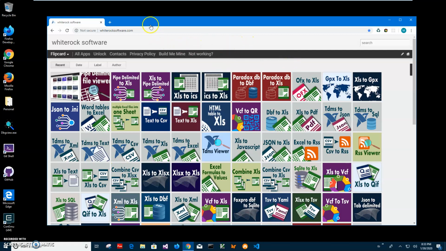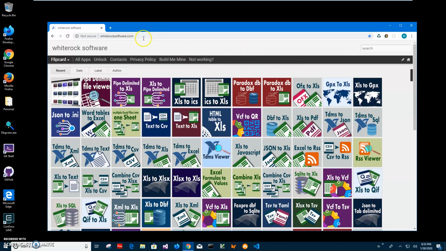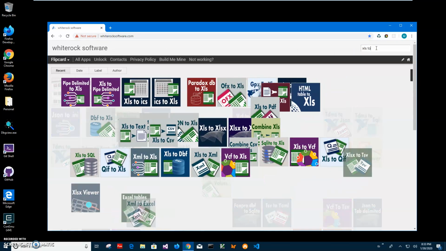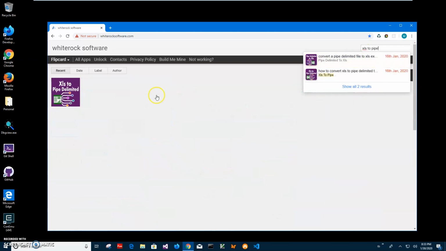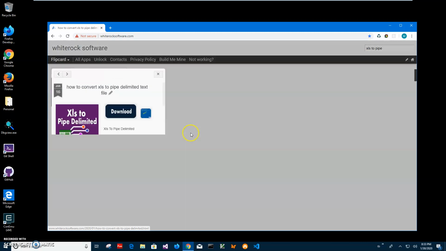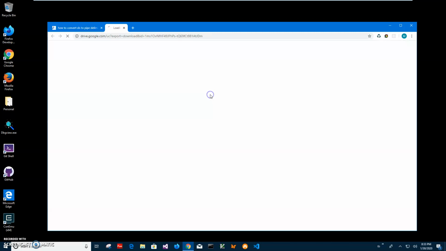This is my website. To find the app, I will leave a link on this site in the description. To find the app, I will type in the search Xls to Pipe. Yep, just click on the page, click on the download button to start the downloading process and wait until the file